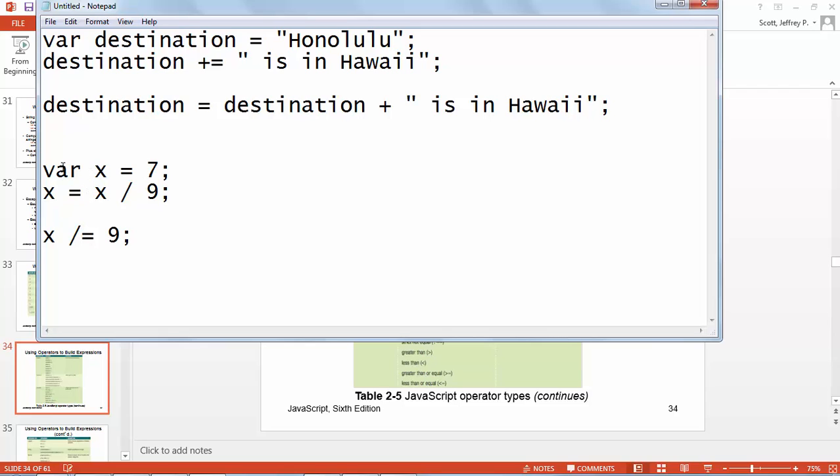So let's say I've got var x equals 7. And what I want to do is know whether x is an odd number or an even number. Now you can look at it and go, well, it's odd, Jeff, I know it is. But if I said to you, why is it odd? Well, you can't divide it by 2 evenly. So what I could say is, if x modulo 2 equals 0, which means if I tried to divide and the remainder is equal to 0,